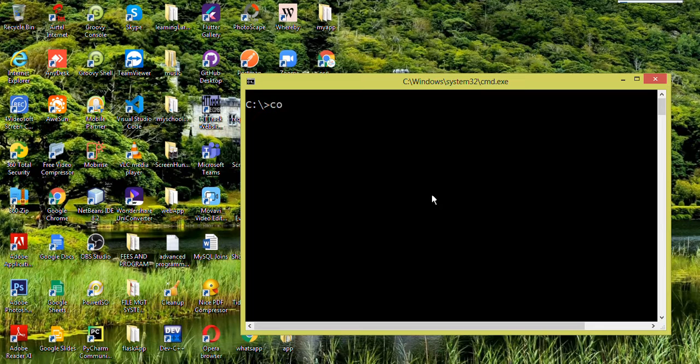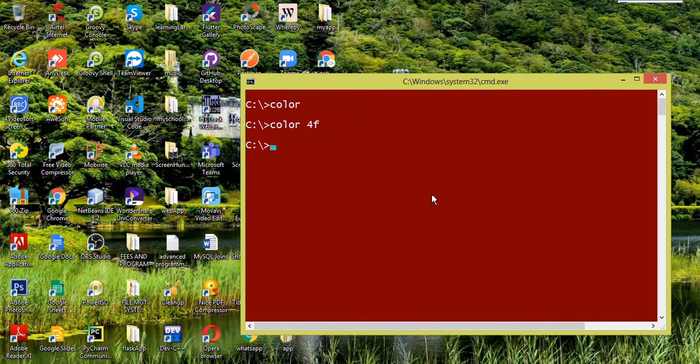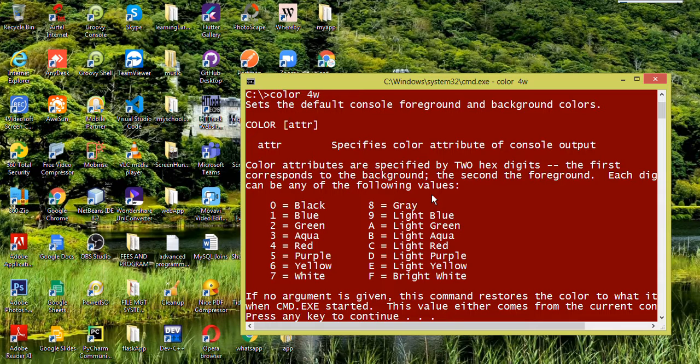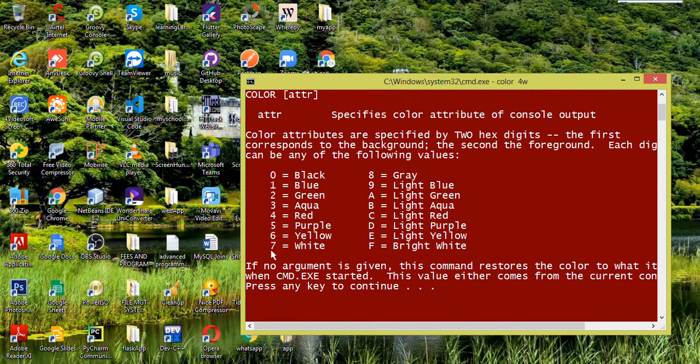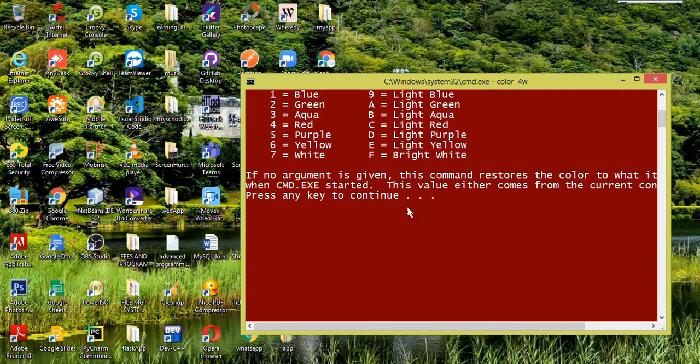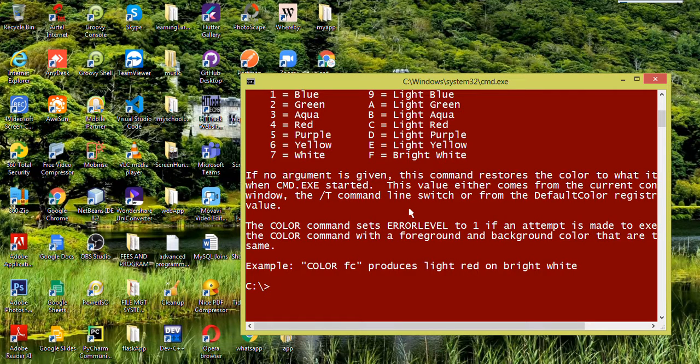Now the next thing I'm going to do is type color. When you type color, we're trying to specify a given color within CMD. So if I type color, then say maybe I want red, which is 4, then white background. Don't say red with W, we don't support W. These are the color coordinates: 0 to 9, then A to F, where F means bright white, and so on, light yellow, you get the point. When you try that, it should give you what you need.